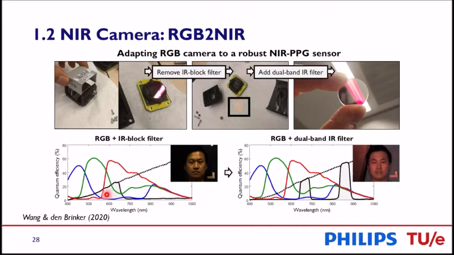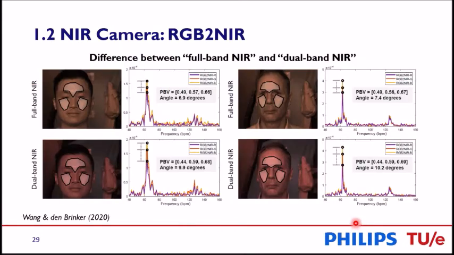In this way, we change the sensing part from RGB to near-infrared, and it is dual band. And the DC image has been changed from RGB, you can see, to the dual band IR. But now you may have a question: why do we use the dual band filter here? Why not just use a broadband filter to sense the whole part? The reason is that we found the dual band can actually improve the